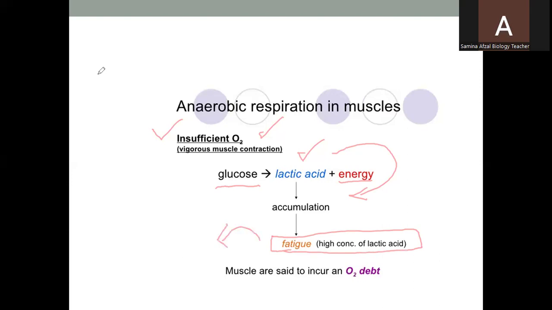And it takes 24 hours for our muscles to get rid of this lactic acid. So at that time, the amount of oxygen which they use is called oxygen debt. Let us move towards the recovery phase. Next,